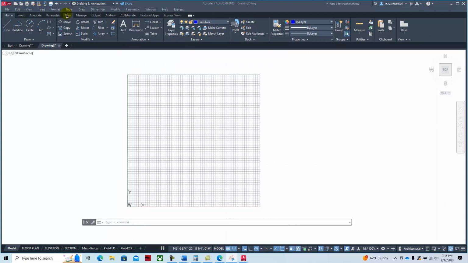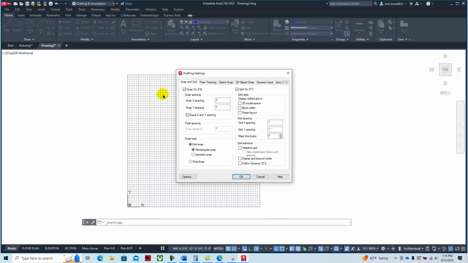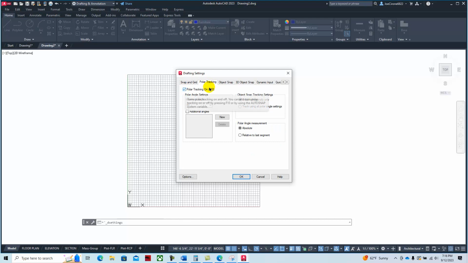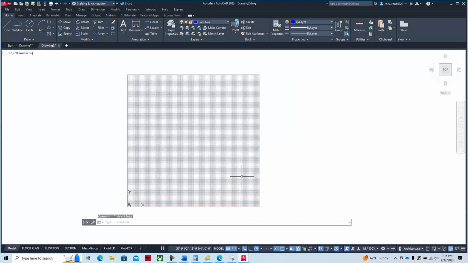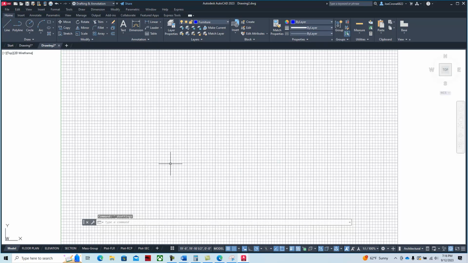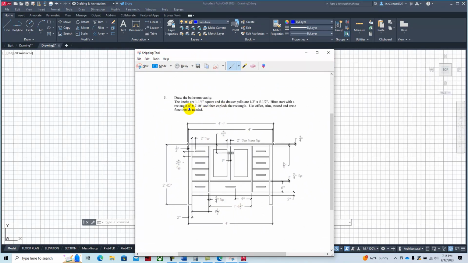And so by setting the snap, tools, drafting settings, 1/4, that'll make the units 1/4 of an inch, and then for our grid spacing we'll make that 6 inches. We'll enable polar tracking, and we'll have OSNAP on, and we'll say OK. We'll zoom down, and then what the author wants us to do is to start off by drawing a 4